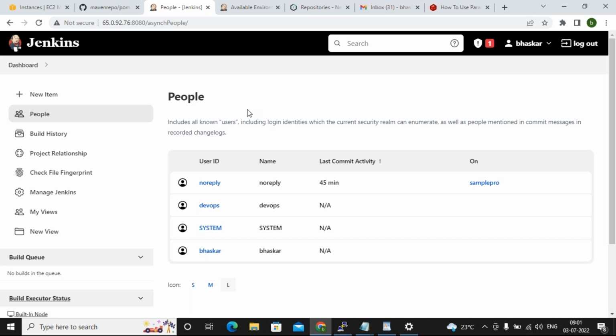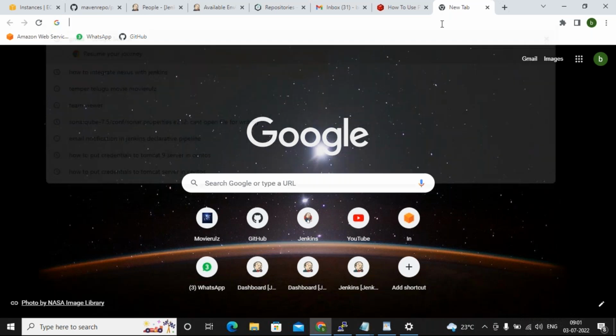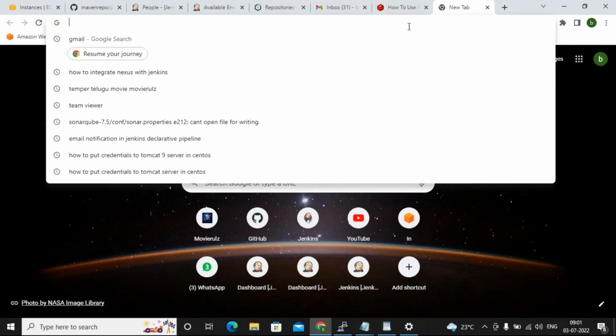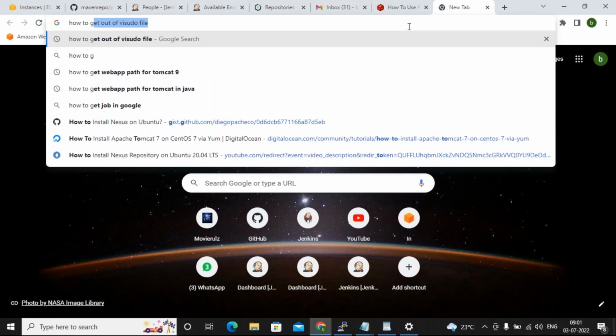Even at job level you can give access, guys. For a particular job. For example, I have 10 jobs and the developer only needs access to job one. There will be one more plugin, guys, because in Jenkins everything is plugin based.